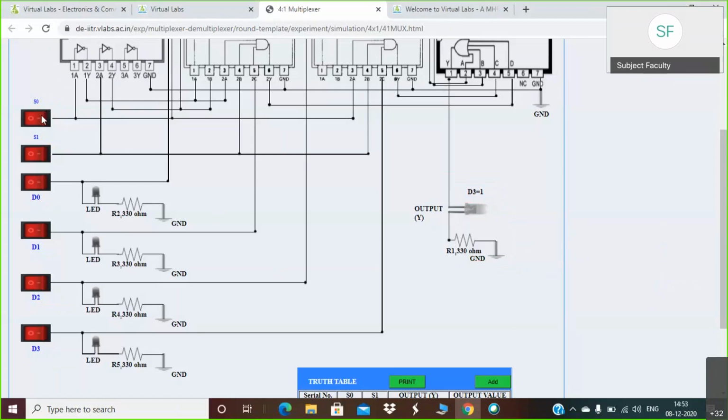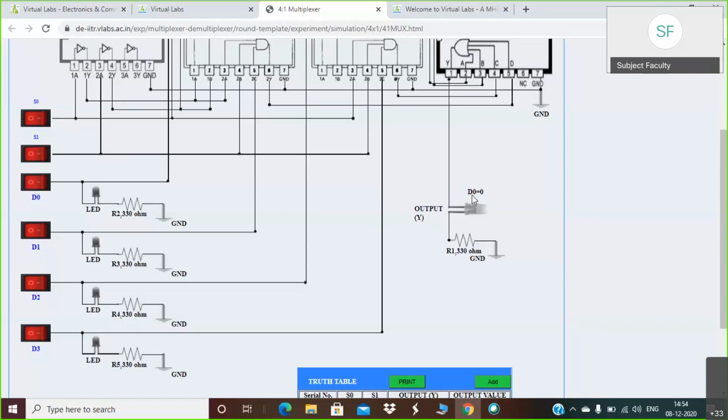Now I am making S0 and S1 both 0, 0. So I have kept S0 equals 0, S1 equals 0. You can observe here at the output it is mentioned D0 equals 0.